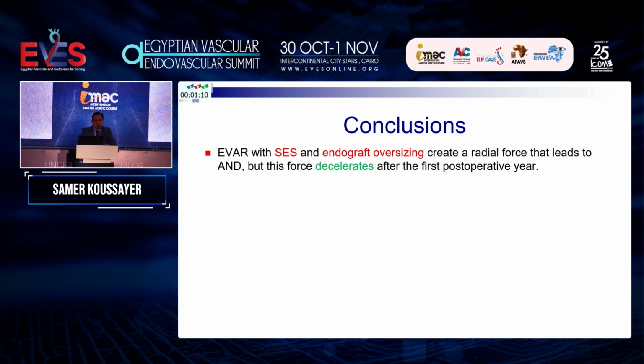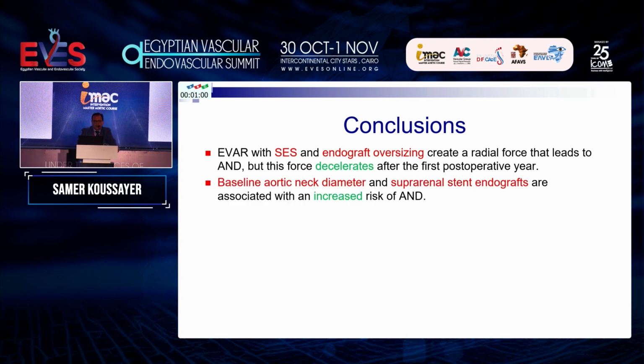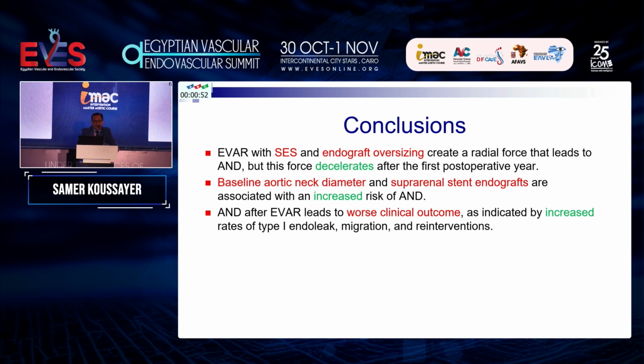So in conclusion, EVAR with a self-expandable stent and endograft oversizing creates a radial force that leads to neck dilatation, but this force decelerates after 1 year. The baseline aortic neck diameter and suprarenal stent grafting are associated with an increased risk of neck dilatation. And neck dilatation after EVAR leads to worse clinical outcomes because it increases type 1 endoleak, migration,